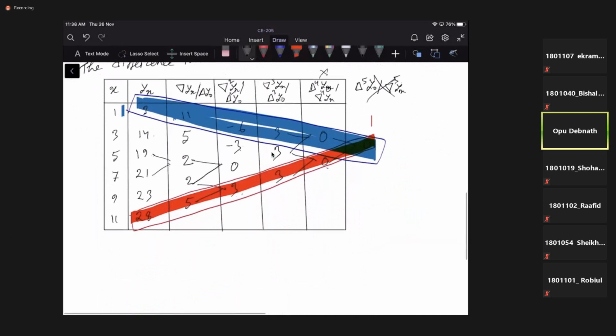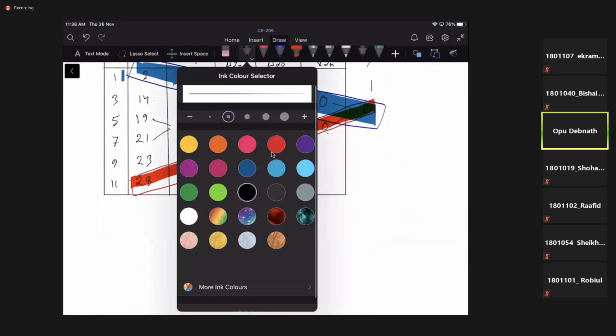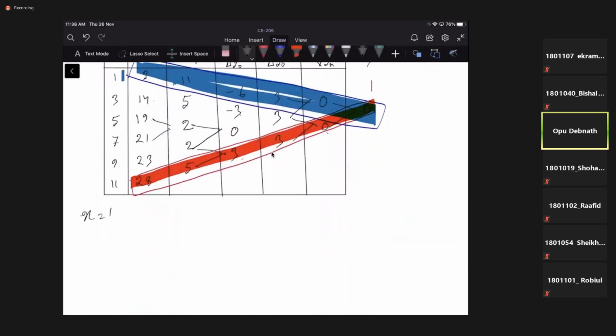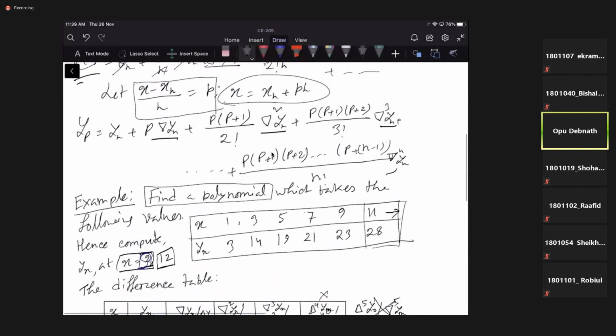Once you get these difference tables successfully, the next step is, in this problem we will also go for x is equal to 12, okay. So we should use Newton's backward interpolation. So the formula was, if I copy this one,